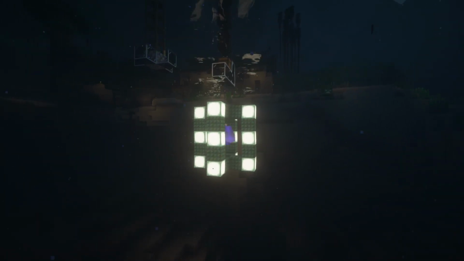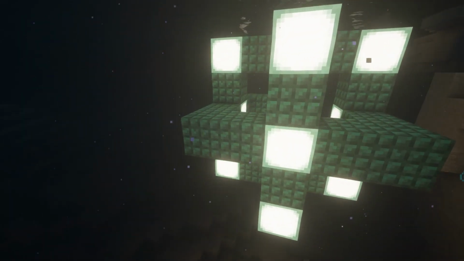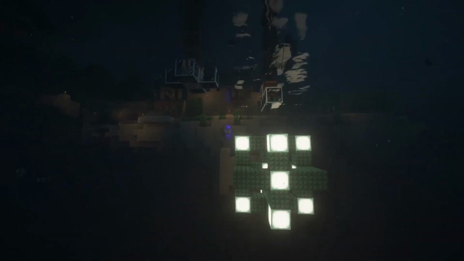I have a drowned farm, so Nautilus shells are not a problem for me, and I found multiple buried treasures during my adventures. So now, in order to activate my Conduit, I need to build this structure from prismarine blocks or sea lanterns. Actually, it can be any kind of prismarine blocks in any combination, but it should be this specific